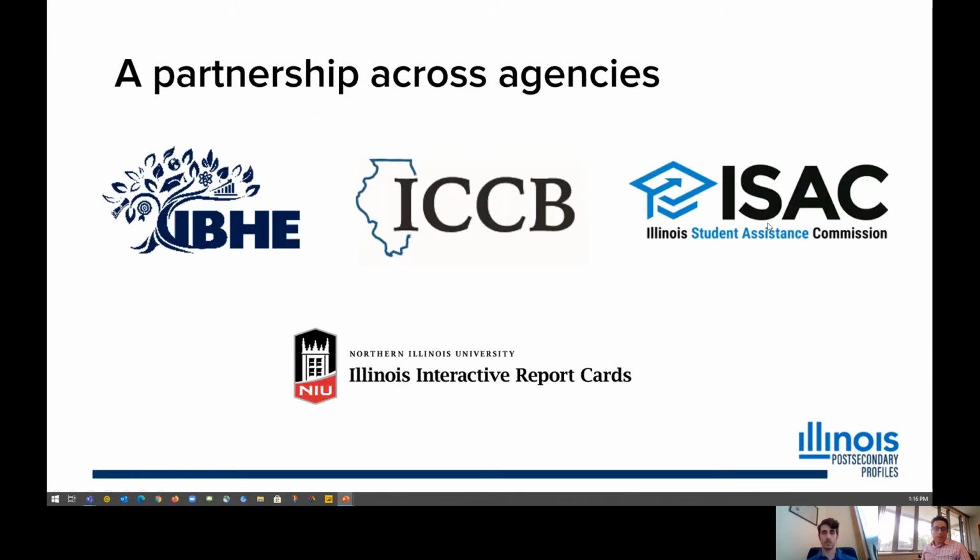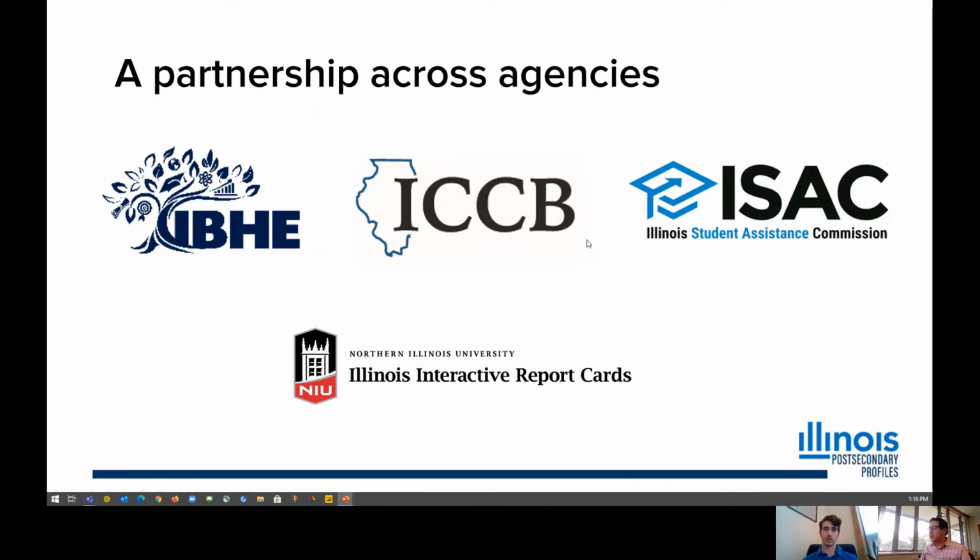The Illinois Postsecondary Profiles website is a partnership of Illinois' higher education agencies: the Illinois Board of Higher Education, the Illinois Community College Board, and the Illinois Student Assistance Commission. Together, these three agencies work closely with the Illinois Interactive Report Cards Office at Northern Illinois University, who also produces the Illinois Report Card website in the early childhood through 12th grade K-12 sphere.